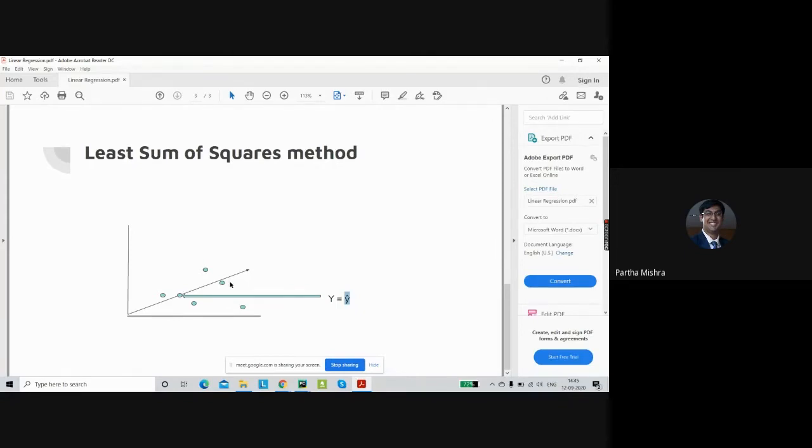So here, this particular thing, least sum of squares, indicates that we are trying to figure out what is the least error that can come up in this particular model that we have built. So our end goal is to analyze the data and come up with such an equation which can give us the most accurate value of the house.